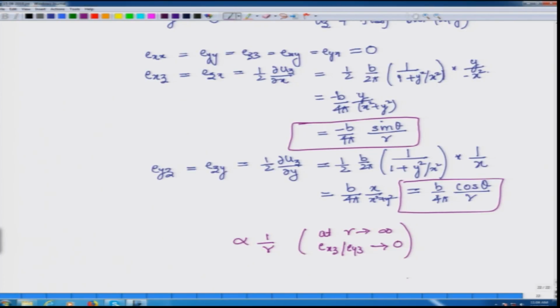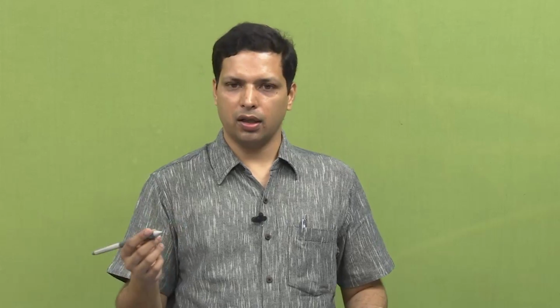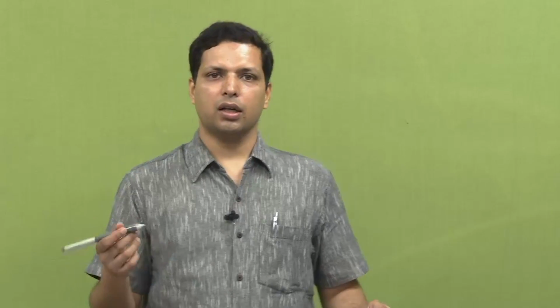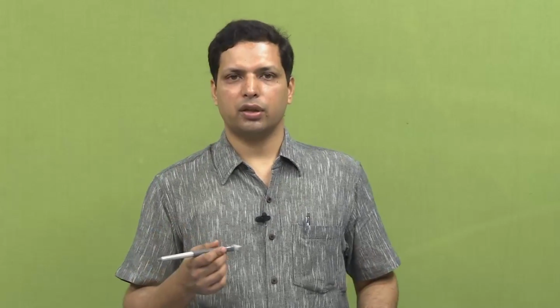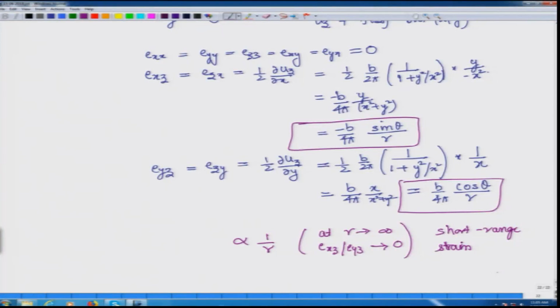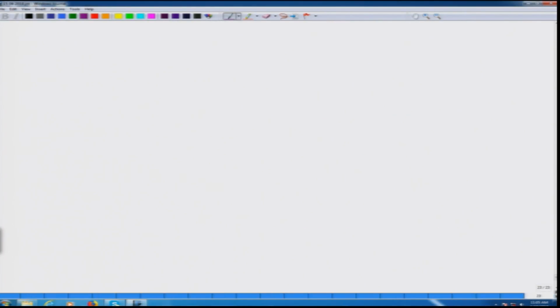And in fact, it is very important information, because what it tells is that this is the short range strain. It is not that there is one dislocation line over here and you go miles and miles and you still see very large strains, or the strain keeps constant or it keeps increasing, because if the strain is even constant, what it would mean is that your stored energy would keep increasing. Now, next question is that we have strains, how would the stresses look like?